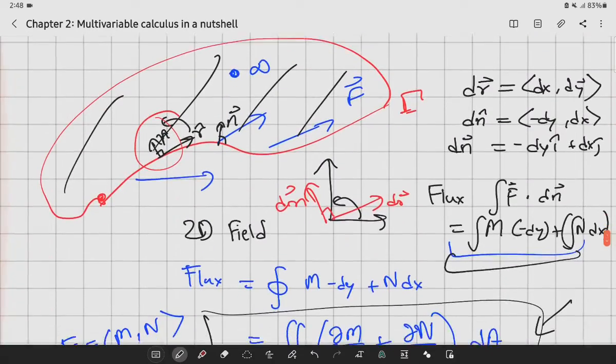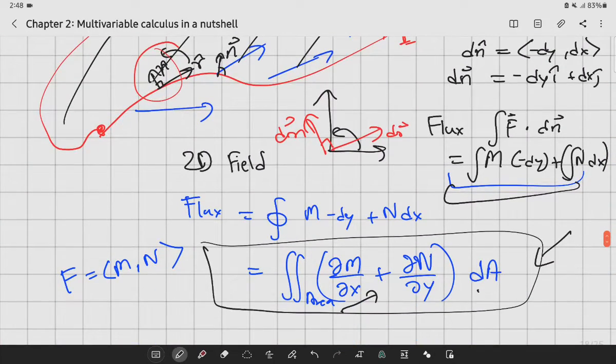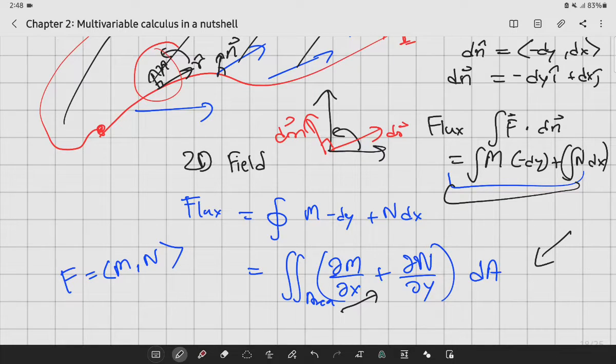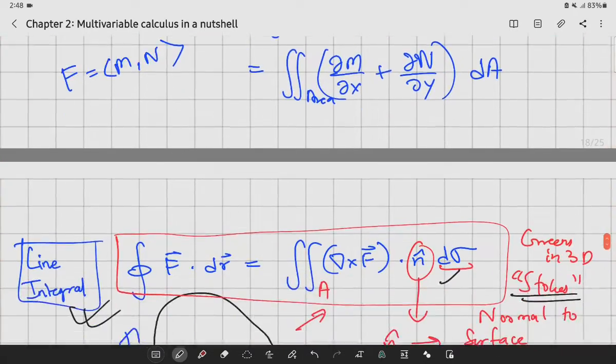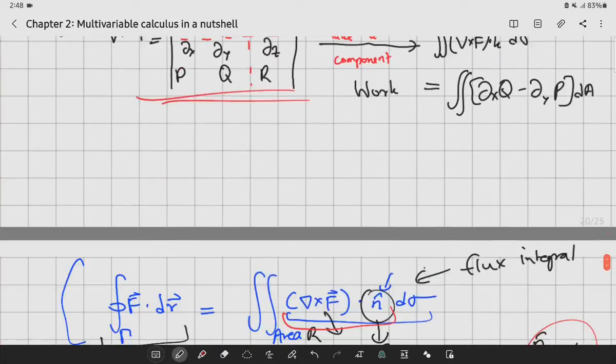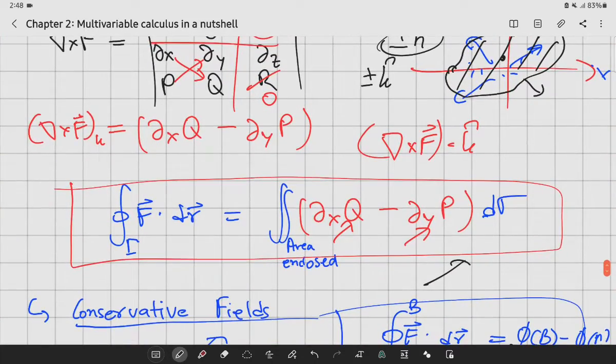Okay, the flux integral is just this thing. You're just choosing a different integrand, right? The process is exactly the same for computation. Well, anyway, that's enough, I think,